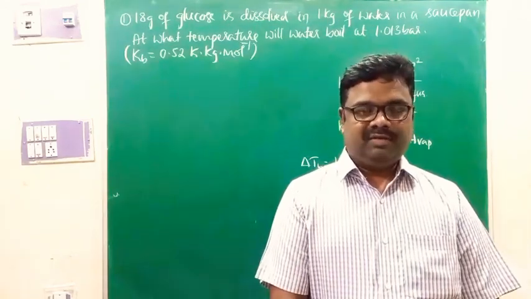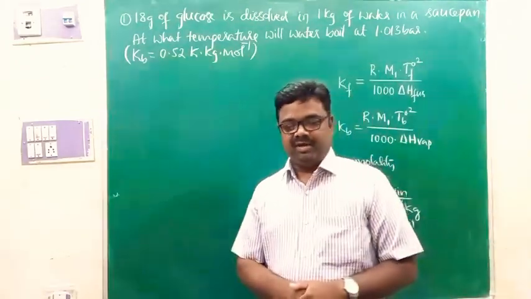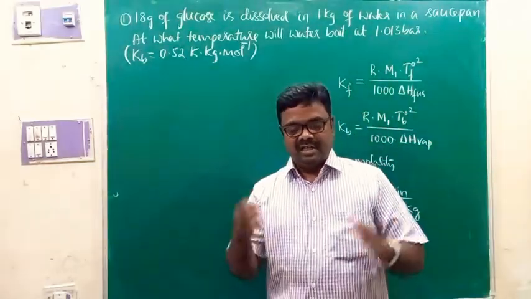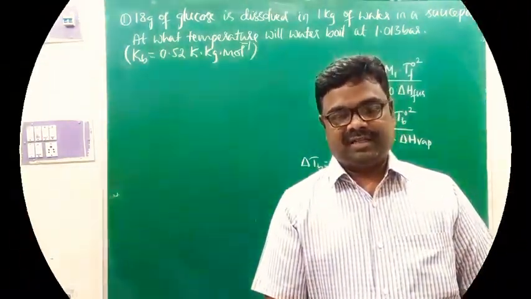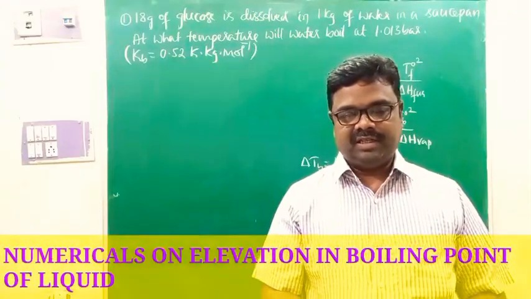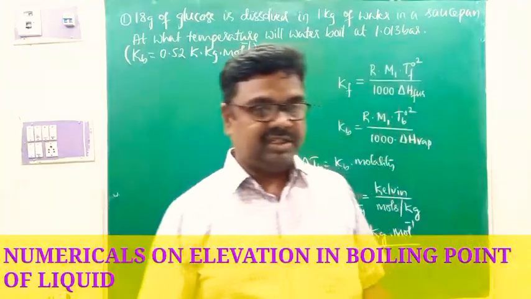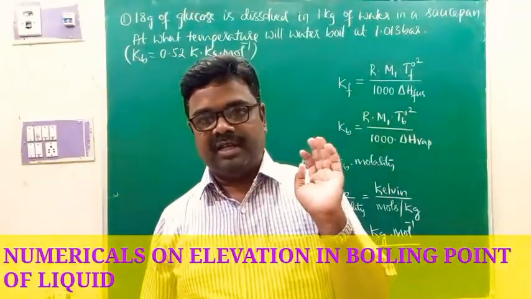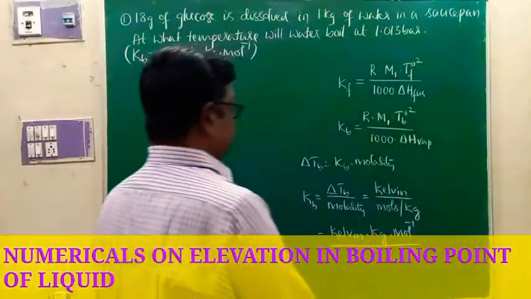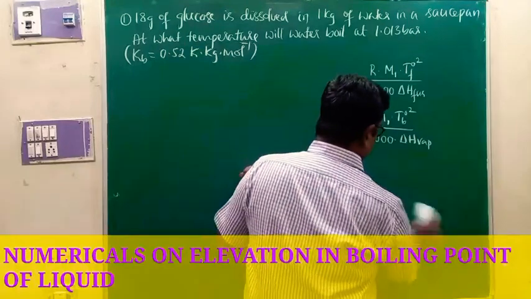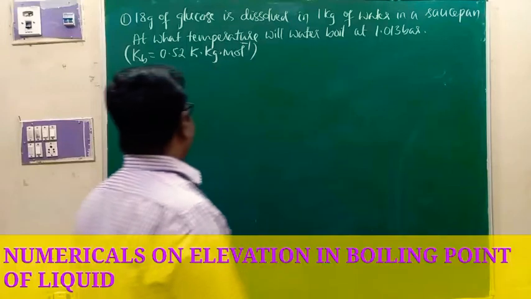Of course we have an alternative for that. We are going to rectify that problem of calculating molecular mass of solute in later discussions by making use of one physical quantity called the Van't Hoff factor. So that is the calculation of molecular mass using colligative property values. Okay, now at this moment we'll go for problems, on elevation in boiling point first, and then we'll go to depression in freezing point.